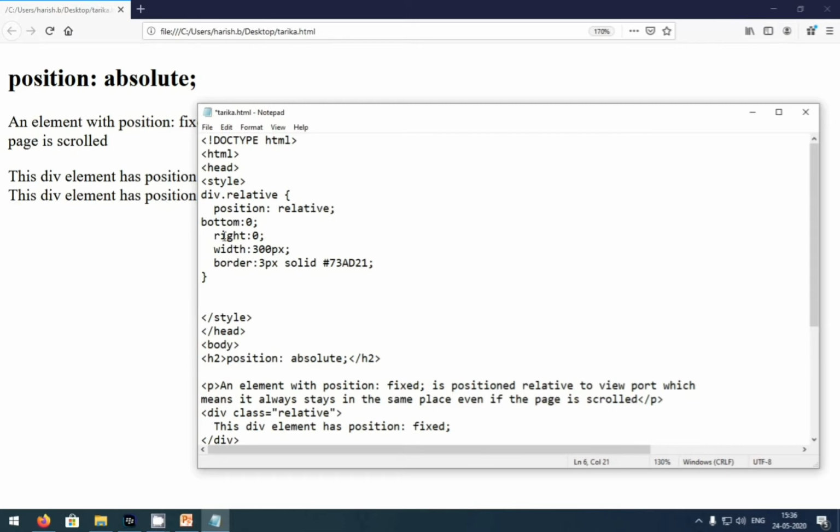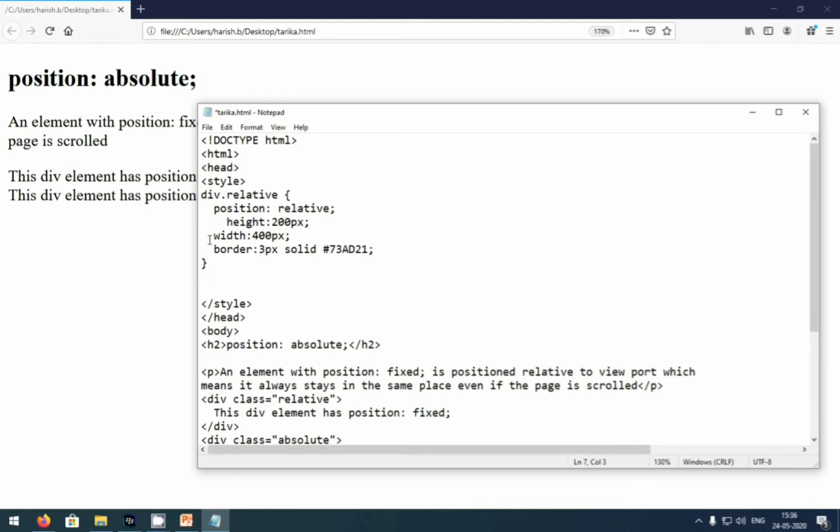After position, I am going to cut off this bottom, and in its place I'm going to write width 400 pixels, and add the height also, like 200 pixels, and after height I'm going to write the color also. I have already written the color, so you can see.